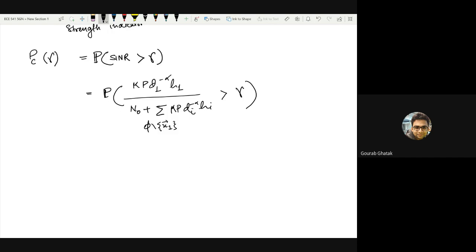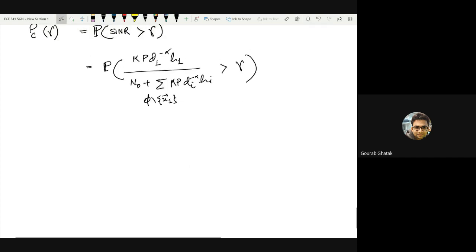It means that if the coverage probability evaluates into, let's say, something like 0.7, the typical user experiences that SINR with a probability 0.7, or 70% of the time the typical user experiences an SINR greater than gamma. Ergodically, 70% of the users in the network experience an SINR greater than gamma. I hope this has been said enough number of times.